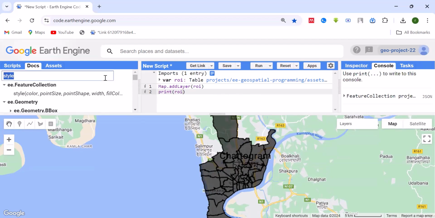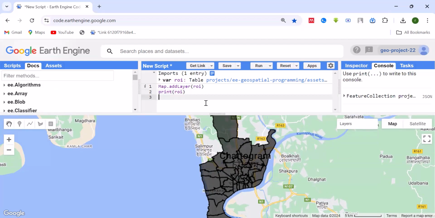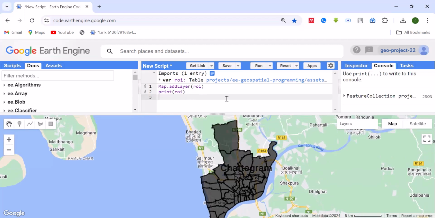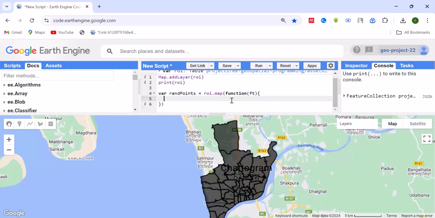So to generate 5 random points for each boundary, for each feature, we need to use the map method. So at first let's try to declare a variable. I wanna give it a name, randPoints, and then I'm gonna call ry.map. So we know that the map method takes a callback function. So I'm gonna use a callback function, passing ft as a parameter, and then inside that callback function